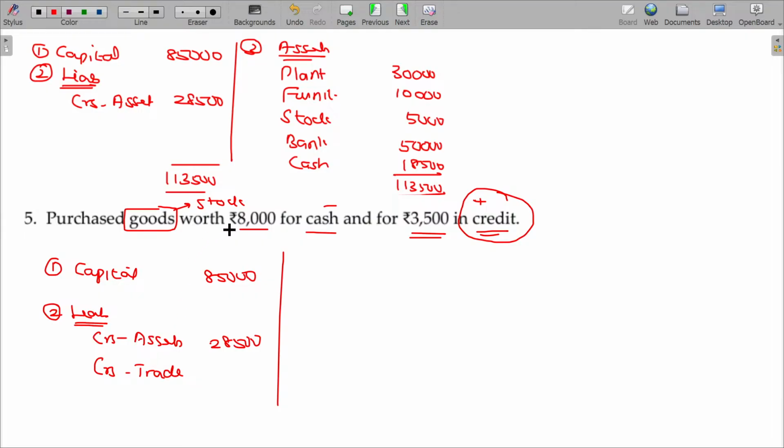Clear? So the value being 11,500, out of that 8,000 for cash and 3,500 in credit. Overall goods purchased being the summation of these two, 11,500. Is that clear? Goods worth 8,000 for cash and 3,500 in credit, so overall 11,500 rupees worth of goods purchased. For that, 3,500 will be payable later on, 8,000 immediately paid. Now on the asset side,